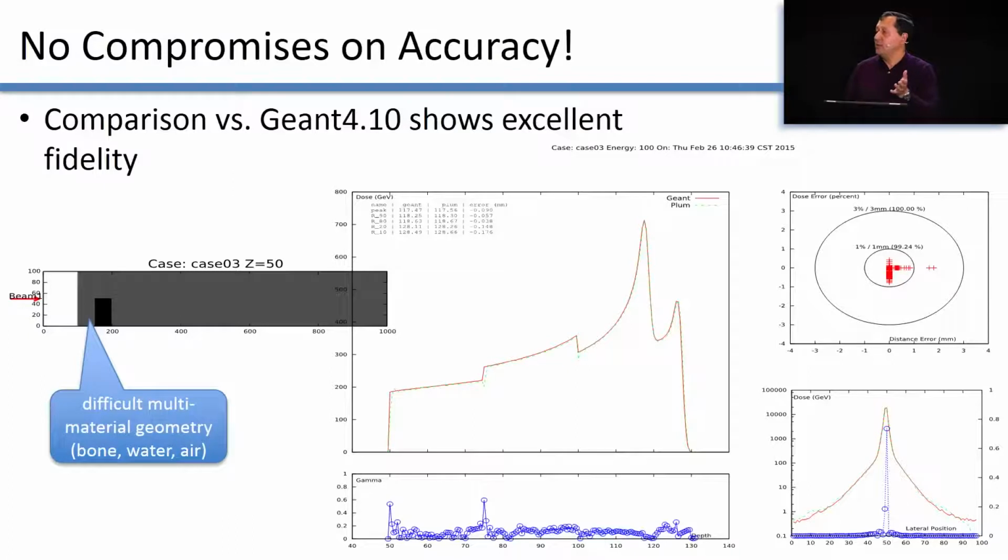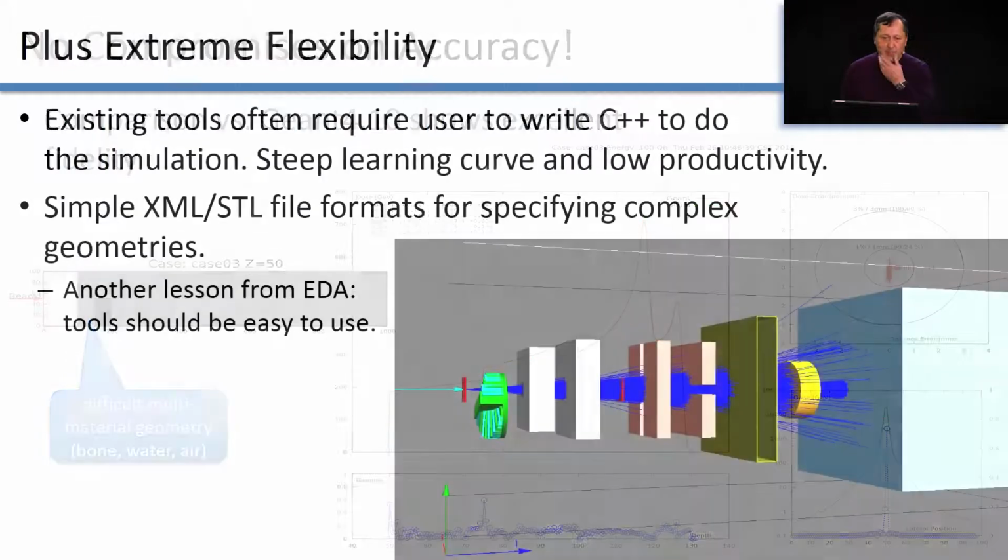We did this without compromising on accuracy. Of course, you could tell me, oh, you can go 100 times faster, but maybe you give up some accuracy. And of course Monte Carlo is known because it's accurate. I'm not going to go through this picture in great detail, but we do a very exhaustive comparison between what we do and the other tools, and we are as accurate as anybody needs us to be.